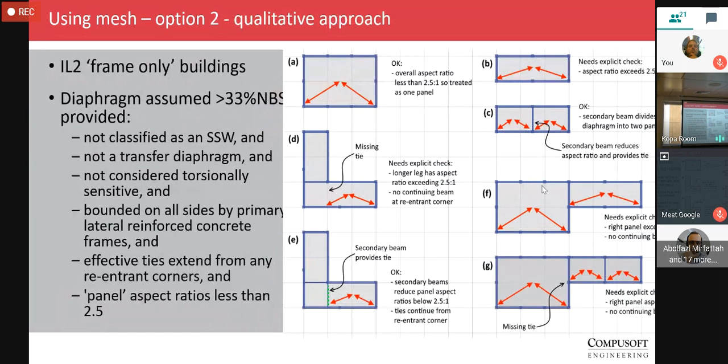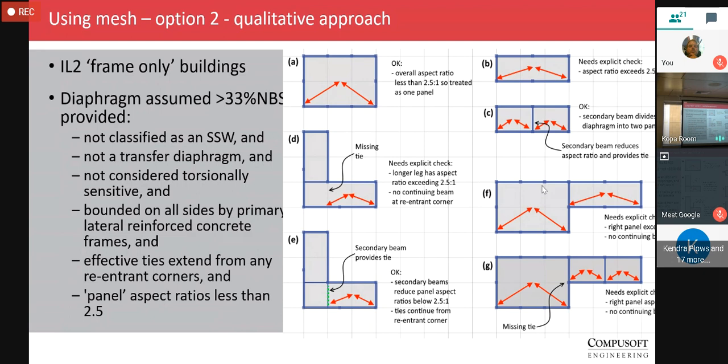What does have a bit more, it's still very much a judgment-based thing, but there's a qualitative approach that's been introduced which can be applied to certain diaphragms. And as I said earlier, if your diaphragm hits all of these targets, then you can make the assumption that it's not a life safety issue during the prescribed moderate earthquake. So you can't say that you're building 67% MBS without doing some more detailed checks, but you don't need to